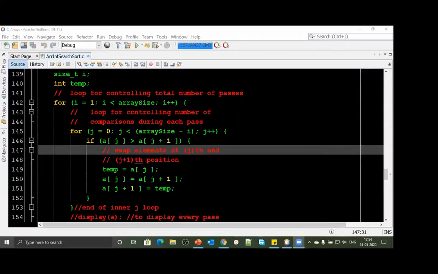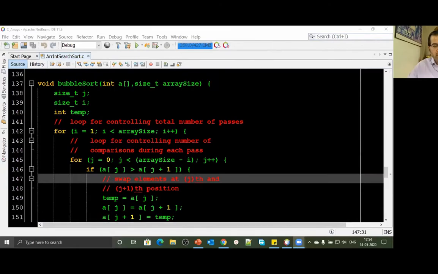What I will do today is take the implementation of one of those functions. We discussed the logic yesterday. Today I'll run through the implementation for bubble sort or selection sort, one of those sorting techniques. Let's look at the code for bubble sort as to how it can be implemented.